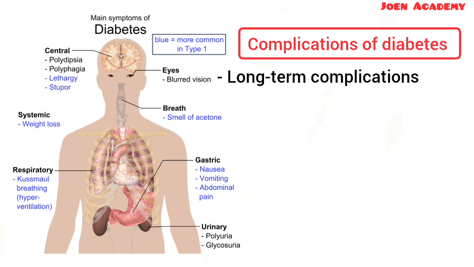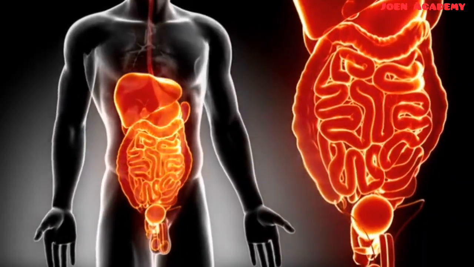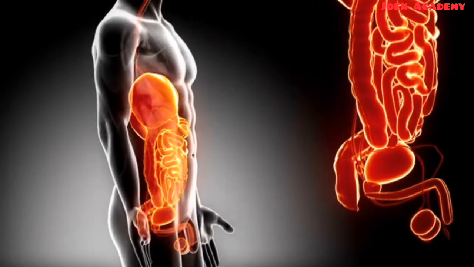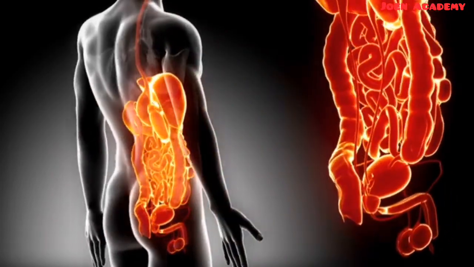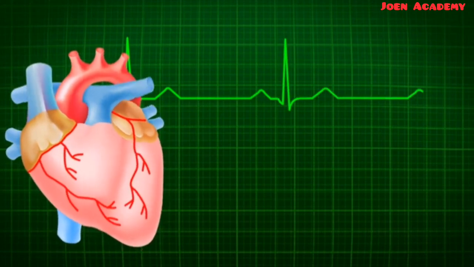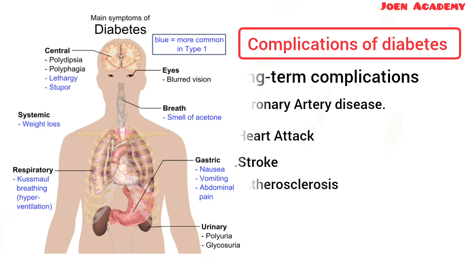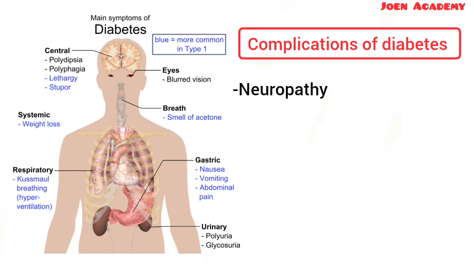Let's look at the long-term diabetes complications. When the blood glucose level remains high for too long, it brings about the damage of important tissues and organs in the body. This is mainly due to the damage of the blood vessels and nerves, which then support the body tissues. Cardiovascular issues are the most common type of long-term diabetes complication, and they include coronary artery disease, heart attack, stroke, and atherosclerosis. Other diabetes complications include nerve damage, which is known as neuropathy, which causes numbness, tingling,